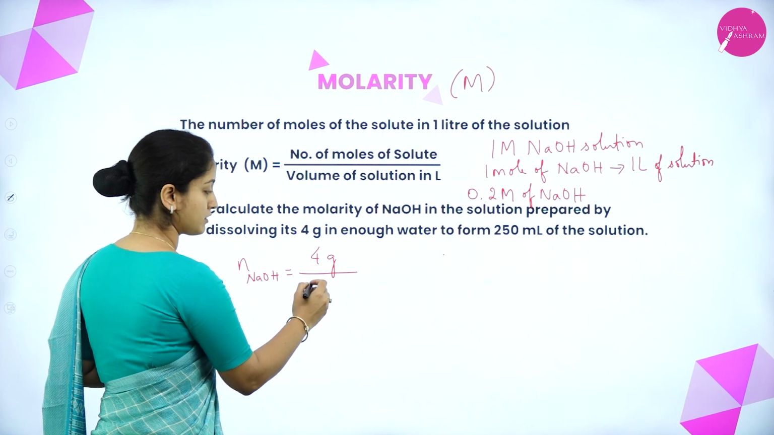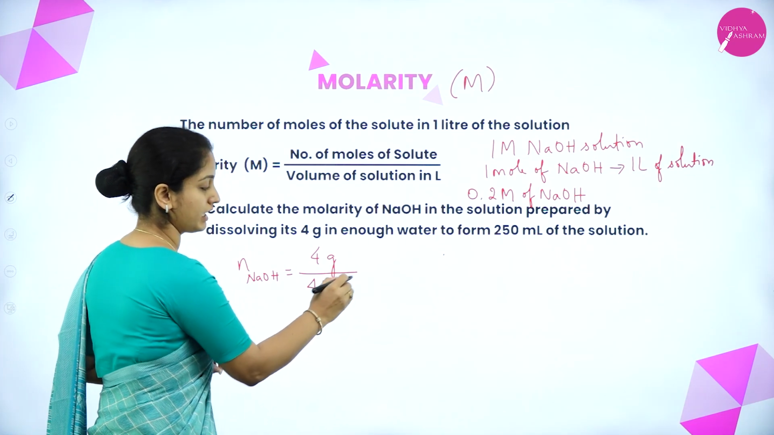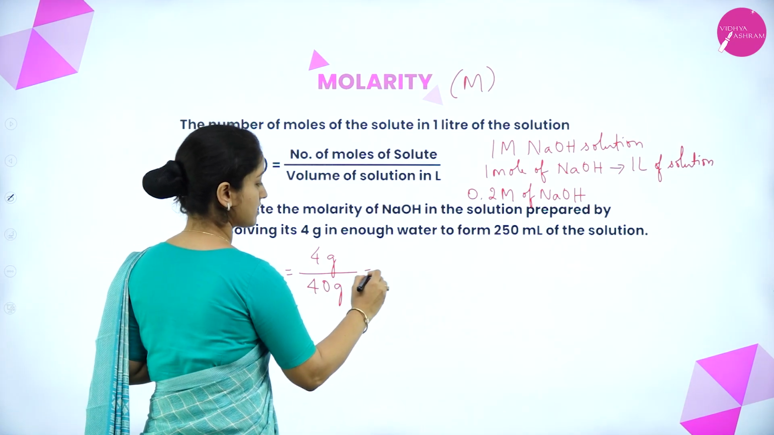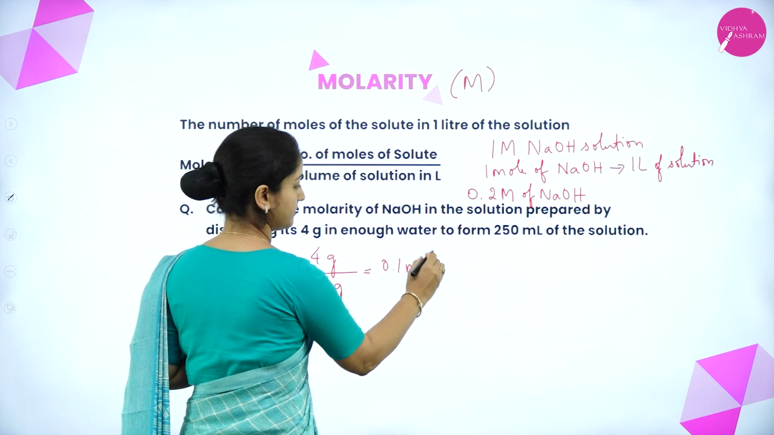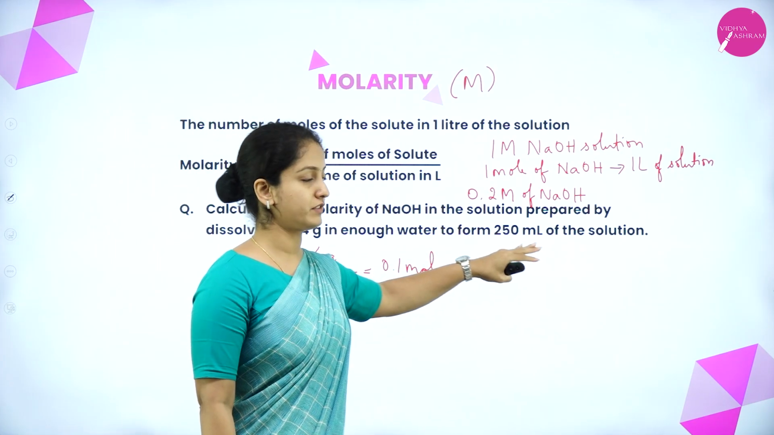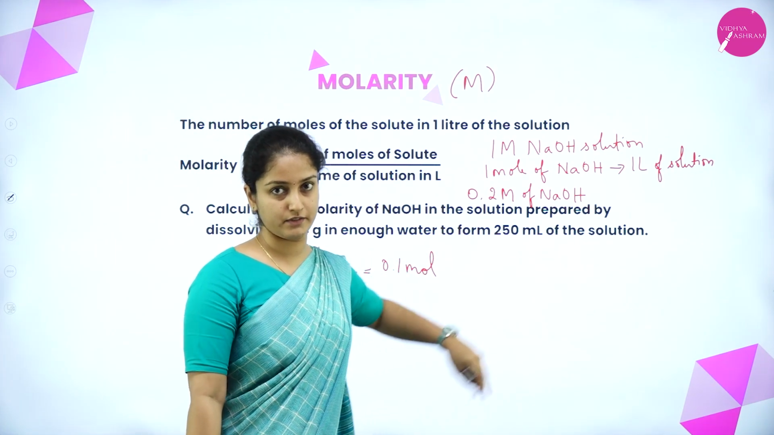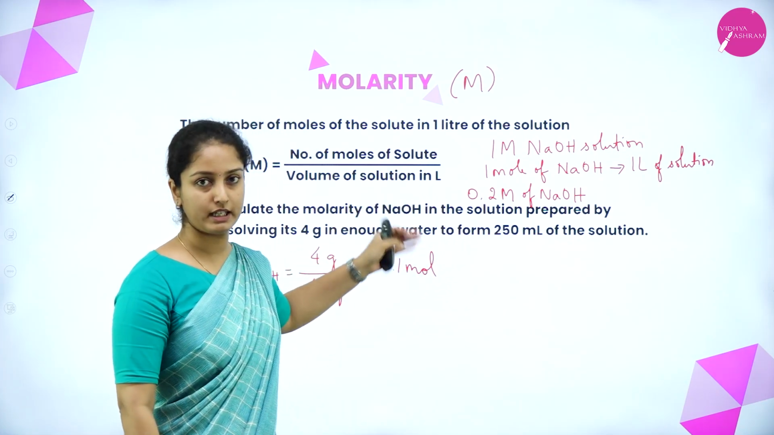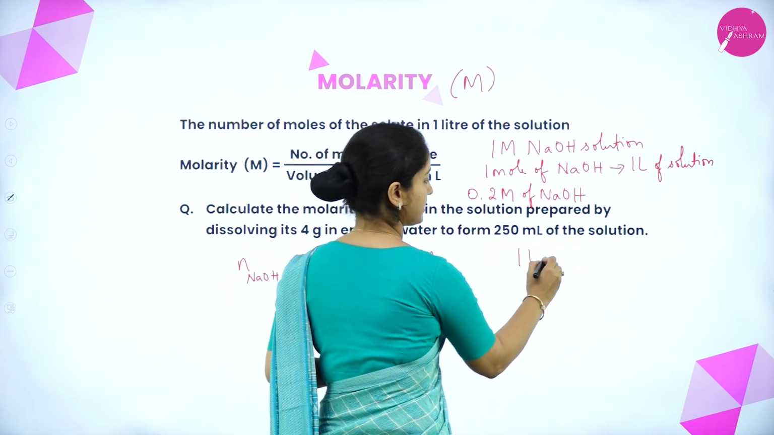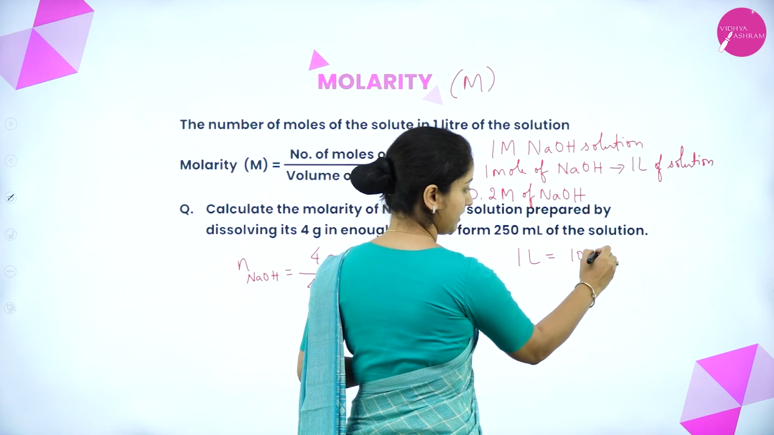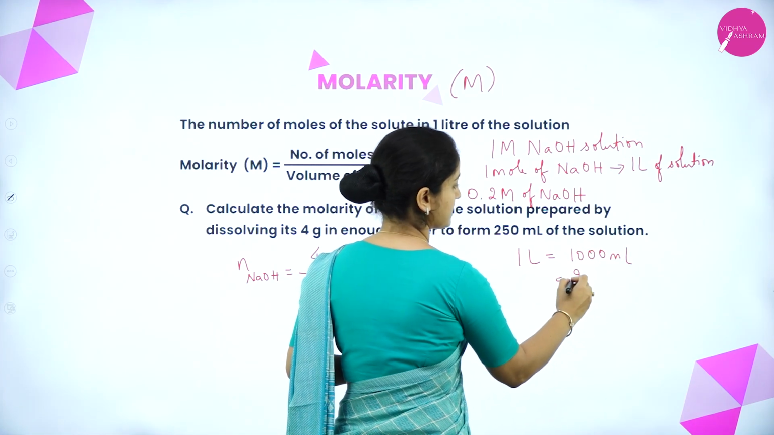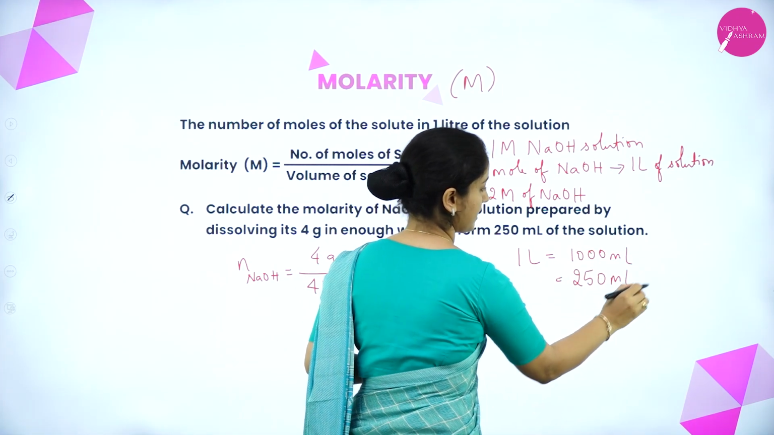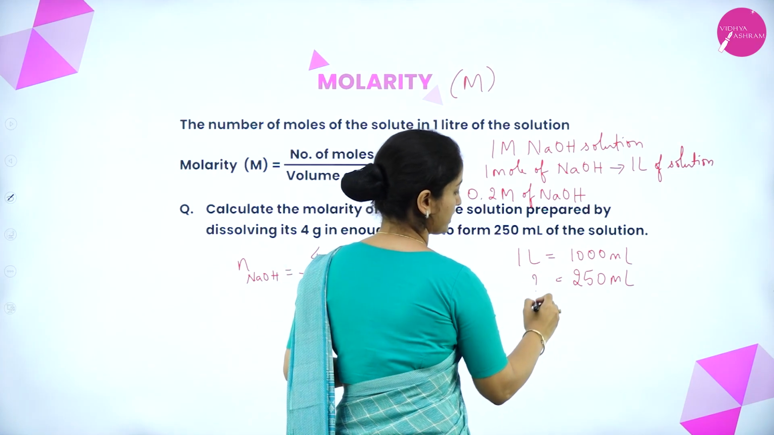So molar mass of sodium hydroxide is 40 grams. So that is 0.1 mole. Now 250 ml of solution is given, that has to be converted to liter. If 1 liter is equal to 1000 ml, what is 250 ml of the solution? So it is